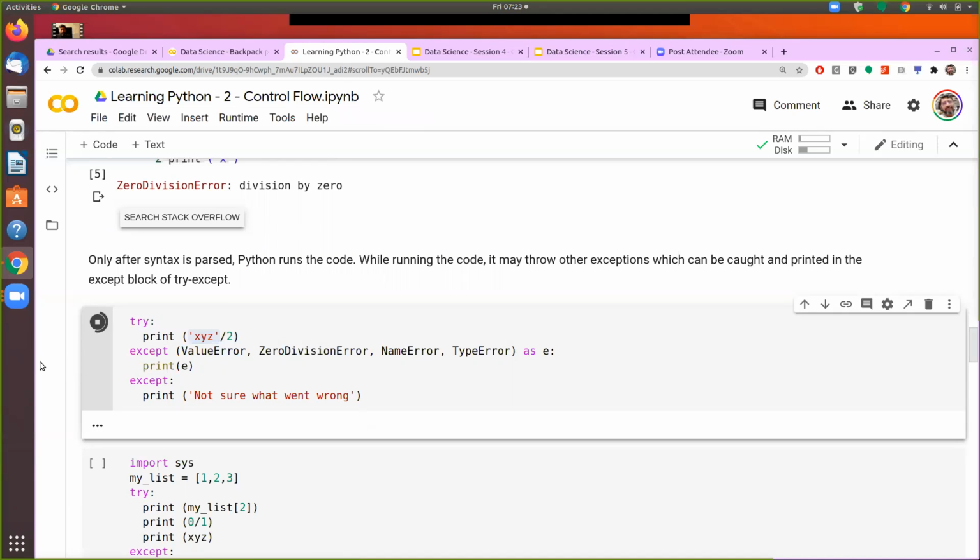So let's try to run this. Now there is an error here, and this error is being shown here. Now the error has been caught. This is the unsupported operand type. We are trying to do a divide operation with string and int, so you can't divide a string. Now if I put another thing here, say 0 by 0, then it shows division by 0.